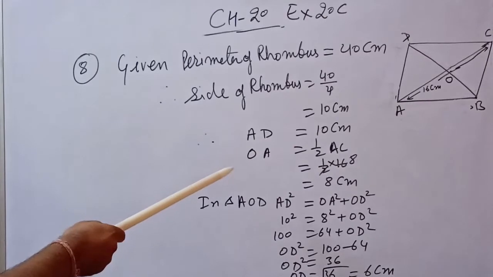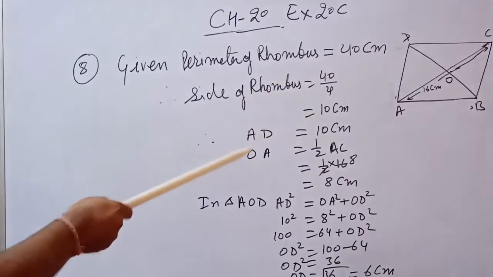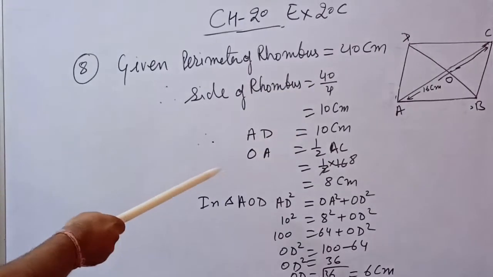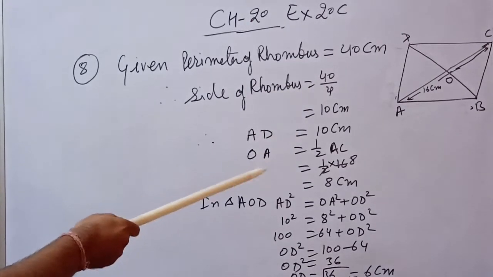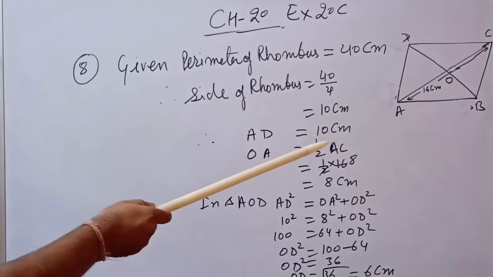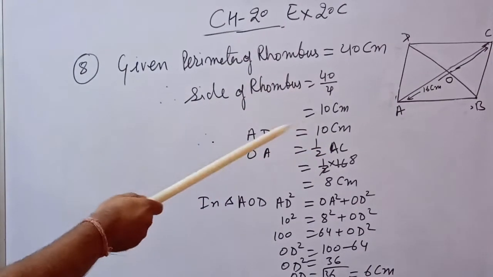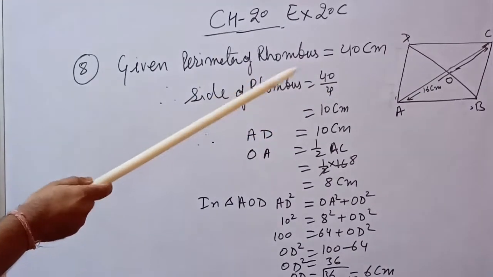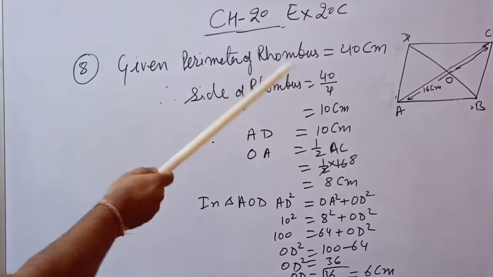Now OA equals what? OA is half of AC. One diagonal is given as 16 centimeter, so OA is half of this diagonal, that is 1 upon 2 into 16, that is 8 centimeter. The other diagonal we have to find out. Now you all know the diagonals of a rhombus bisect each other, and not only that, they are perpendicular to each other. So in triangle AOD,